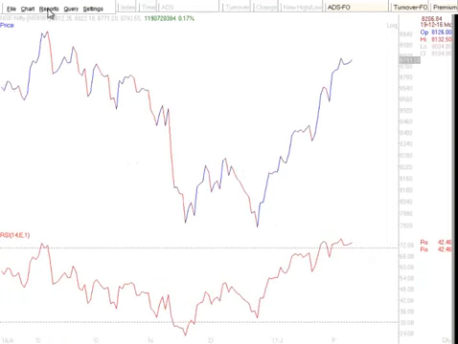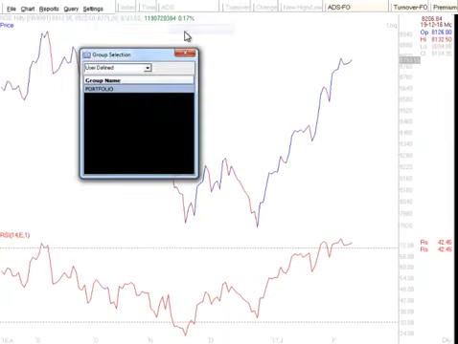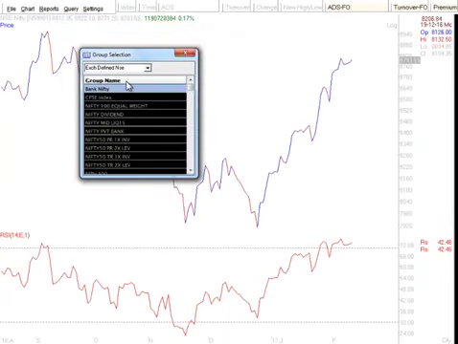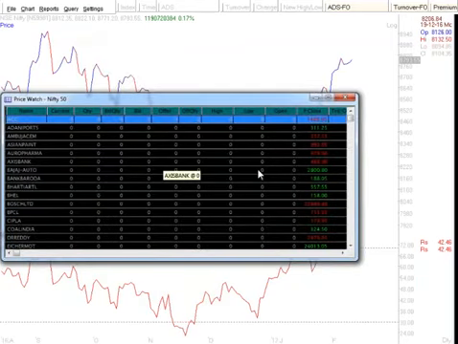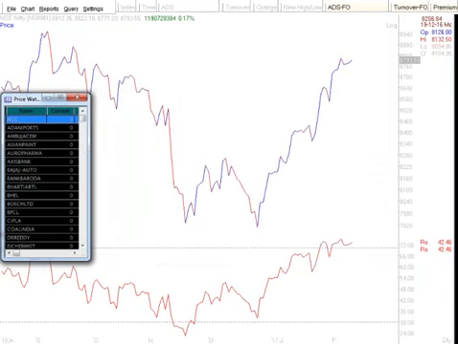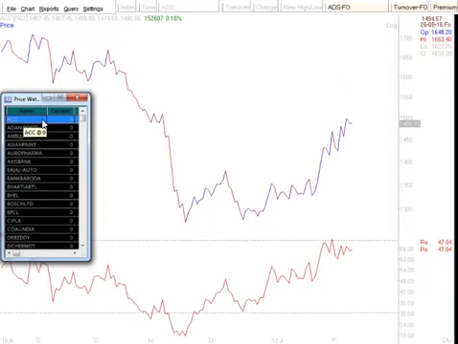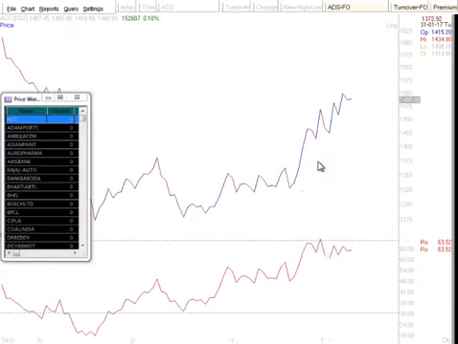Let's open up a universe of stocks, and let's say we open up Nifty 50. These are all the 51 stocks which make up the Nifty 50. If you didn't know, there are 51 stocks in Nifty 50 right now. So we come to ACC. So when we come to ACC,